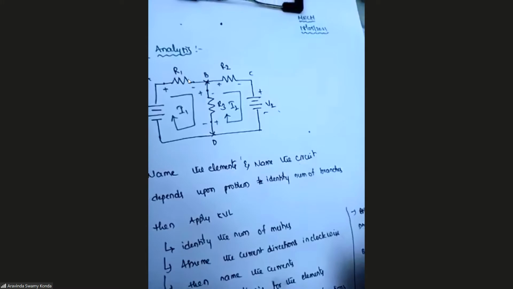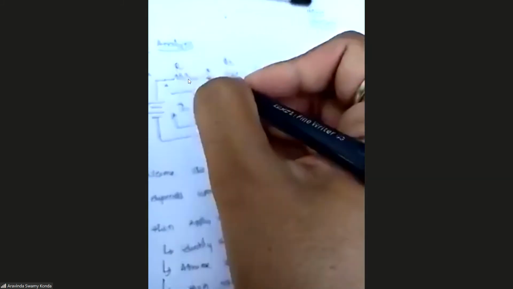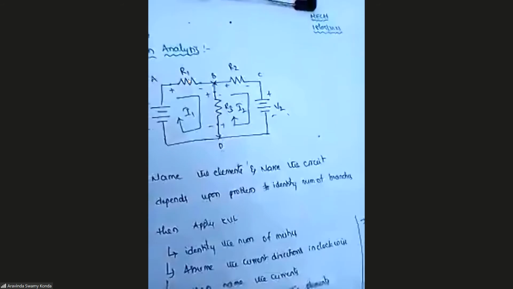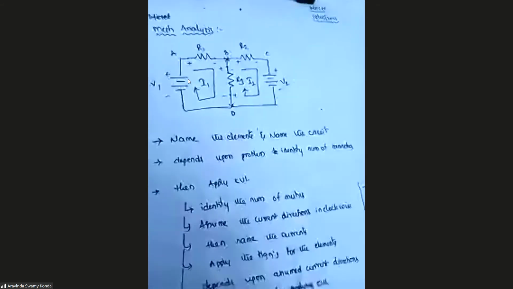I2 equal to how much? And BD. So BD is I1 minus I2 or I2 minus I1. If it is I1 minus I2, you want to write BD, otherwise if I2 minus I1, you want to write the reverse. That depends upon the I1 and I2 values. If I1 is greater, you write I1 minus I2. If I2 is greater, you write I2 minus I1. So this is the way you do it.